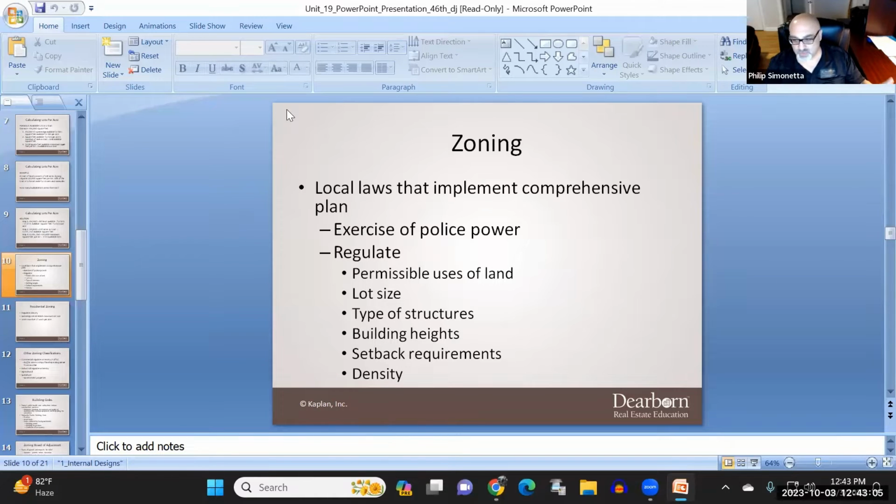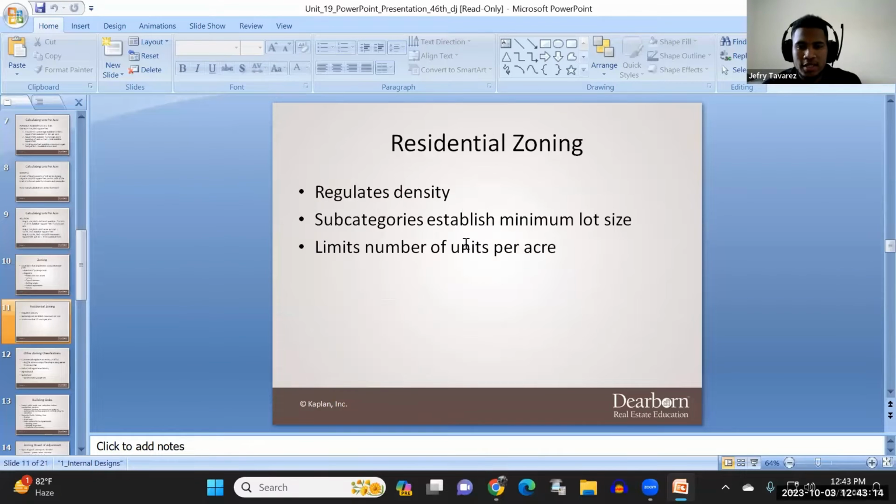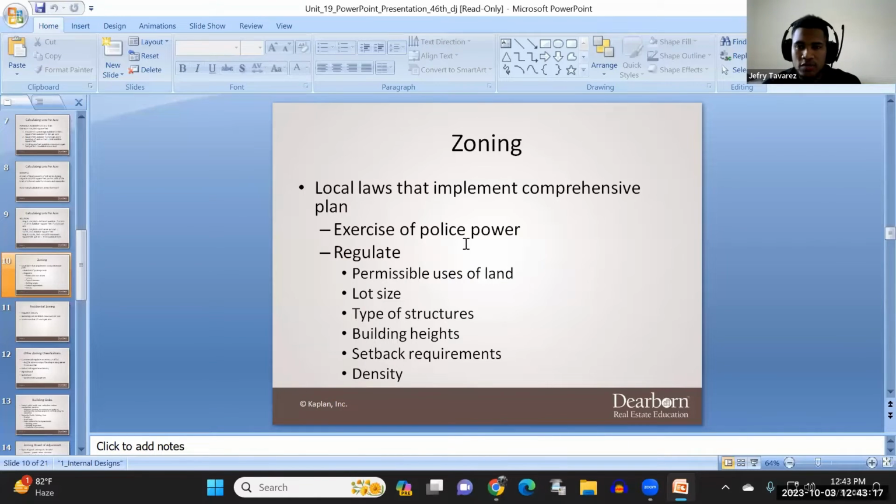So can you put a 100-unit building in there? Is it too many people for the infrastructure? Things like that, right? Are they single family homes? Are they multifamily homes, right? And then the density, is that related to the land itself? No, the density is the amount of people per acre. Like some places you have to have one house per acre. Some is one per 10,000 square feet, right? It just depends on where you are. The density is how many people are in that area. Is that like on a floor basis, or how does that work? Yeah, no, I think it's just a volume basis.